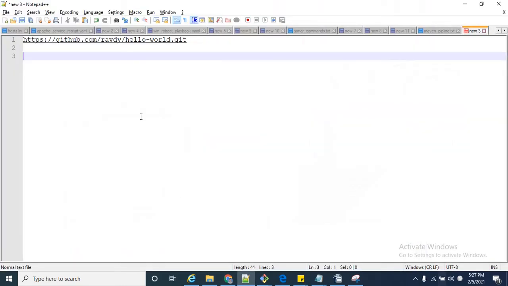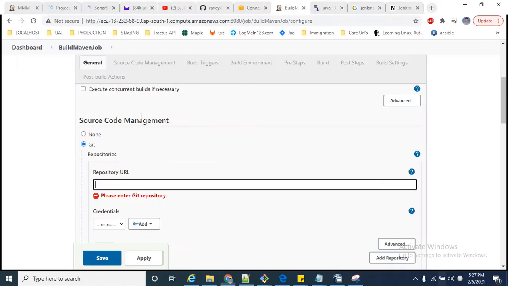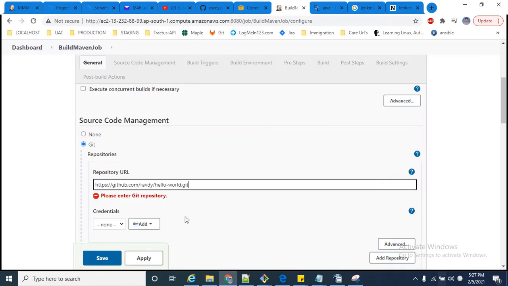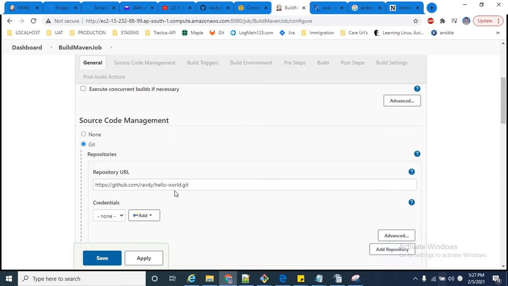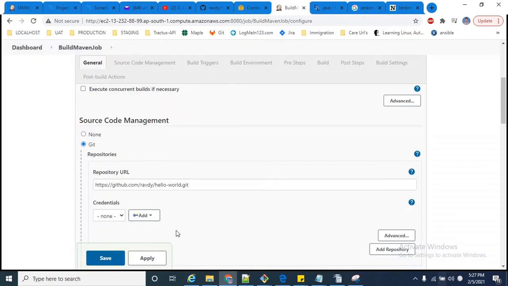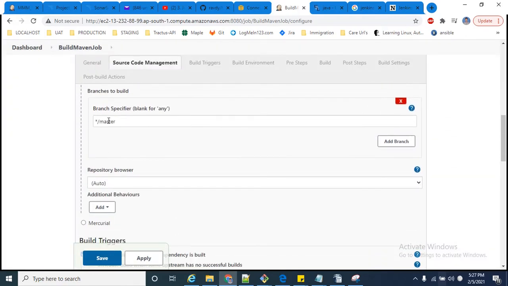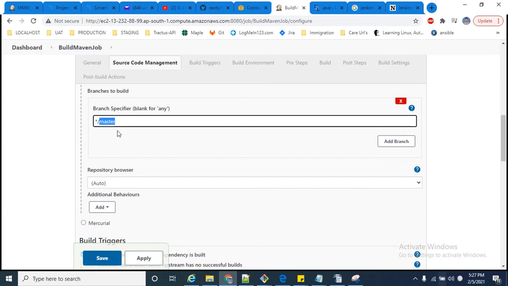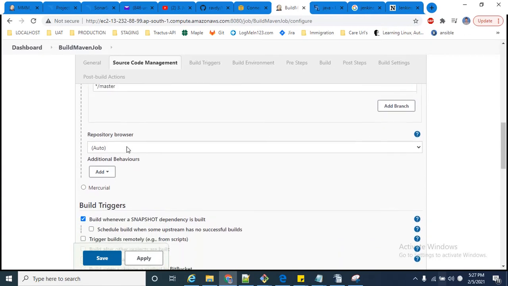I have copied it from GitHub. This is a public repository. If in your case it might be a private repository, you have to give credentials here, username and password or secret maybe. After that you have to specify the branch you are working on right now.